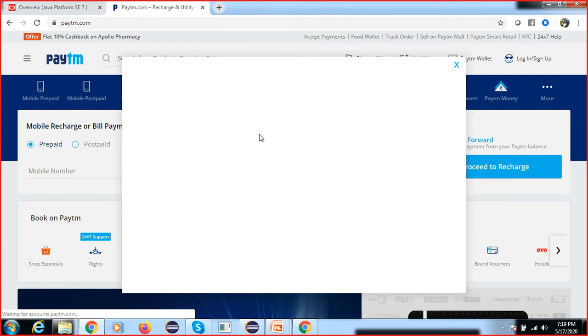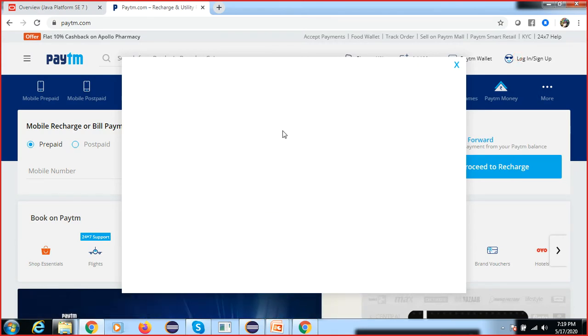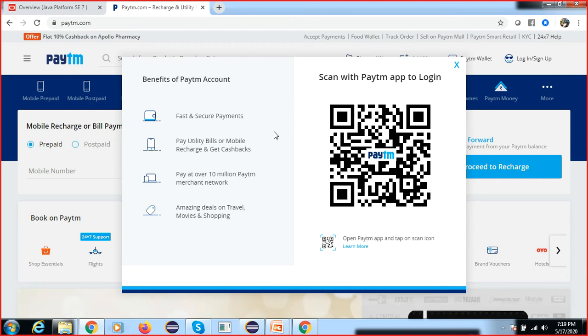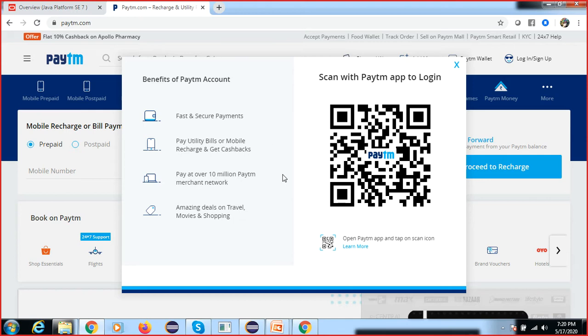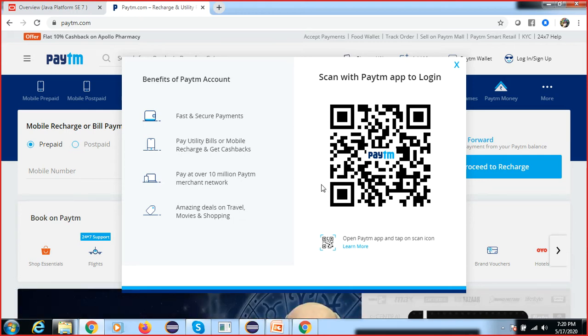So what happened here? Sometimes you are not able to find the exact frame element. I told you there is an ID, or name, or web element, but here we are not able to recognize how to switch on this frame. Many frames are there, so how to switch on that? We have a logic. One logic is that we will iterate all the frames which are available on this page.